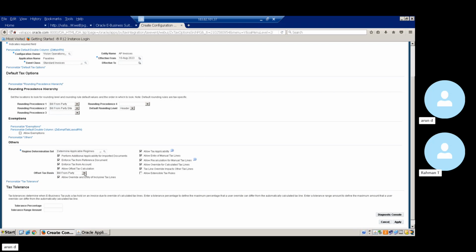Even for sales, this setting is applicable. Purchase invoices. Because we are just configuring for purchase, because we have selected the application as payable. Yes, I have selected this for the purchasing. Bill from party. And then these are the overriding options that I can do. And then the rest are whatever we have seen, the tax applicability, then the manual tax and the